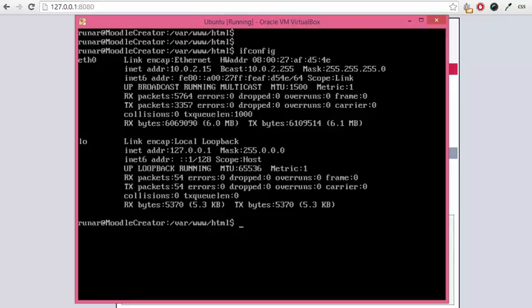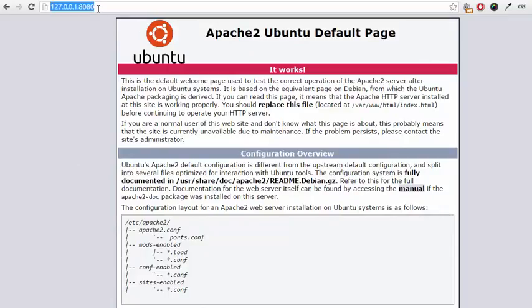Since I'm using a virtual machine, it's a little bit different. And for me here, you can see everything is up and running. This is my IP address, and the Ubuntu Apache 2 default page comes up, and everything is working. So now I can start installing